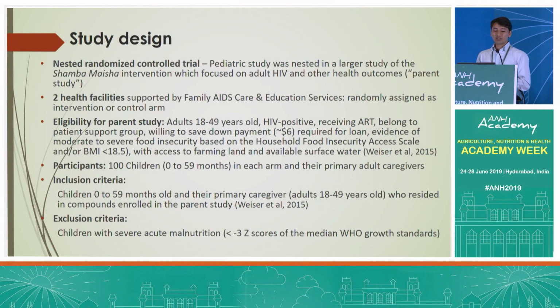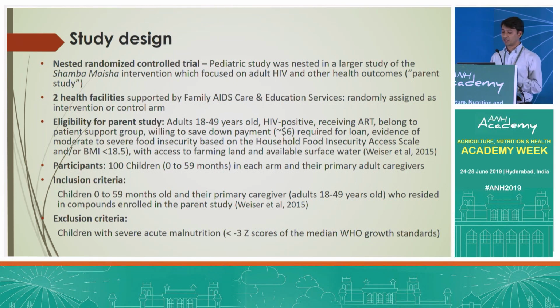So the study was a nested randomized controlled trial. As I said, the study used households from a parent study where the adults were HIV infected, and two health facilities supported by Family AIDS Care and Education Services were randomly assigned as intervention or control arm. The eligibility for the parent study was that adults had to be 18 to 49 years old, HIV positive,